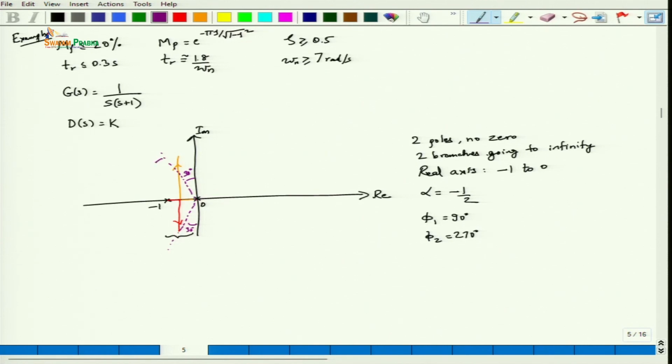So as we have discussed in the previous lectures, it will lie on this side. Similarly, omega n greater than or equal to 7 radians implies that basically we are going to have a radius,